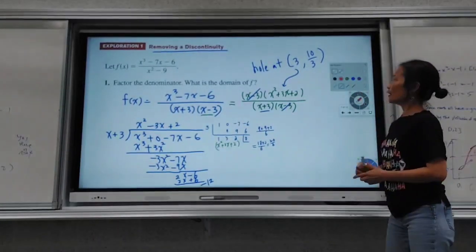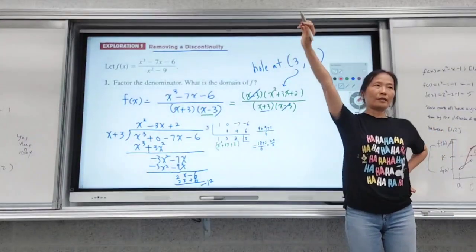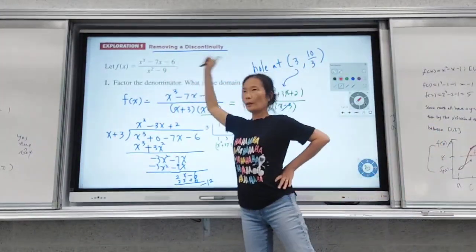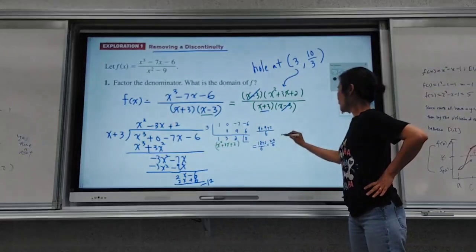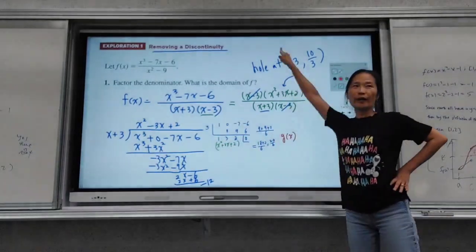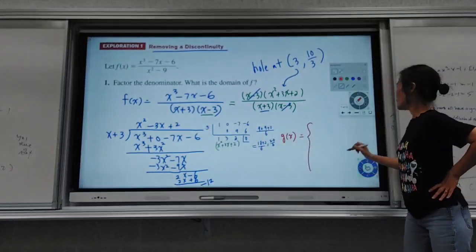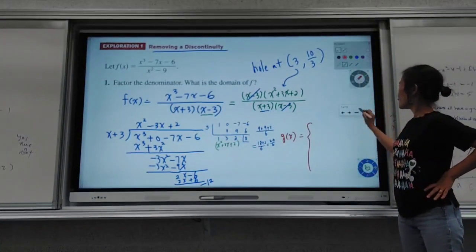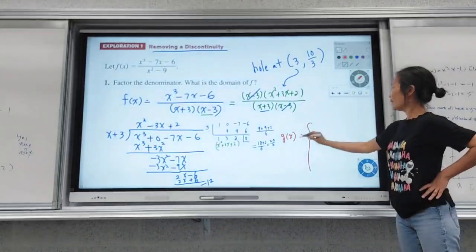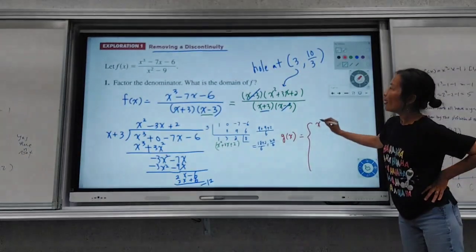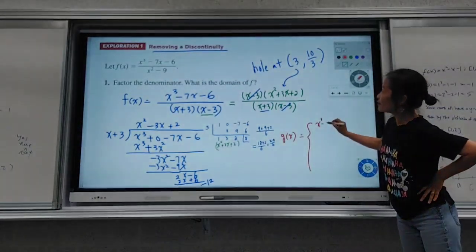Okay, so how do we remove a discontinuity? F of x has a hole, but I'm going to create another function g of x where I fix it. I can write a piecewise function. So I'm going to say g of x is this,